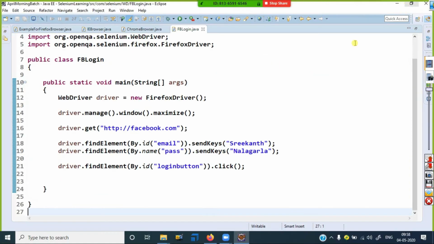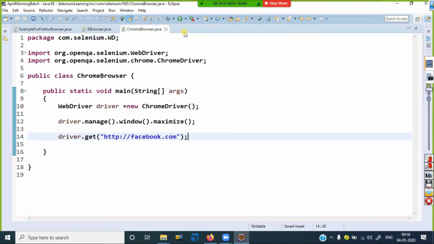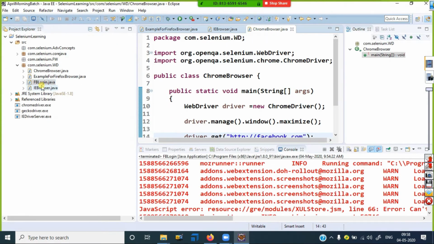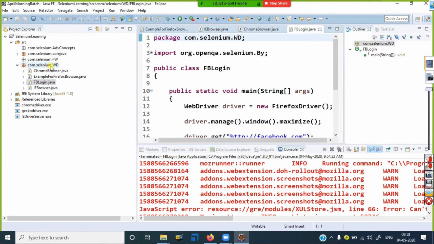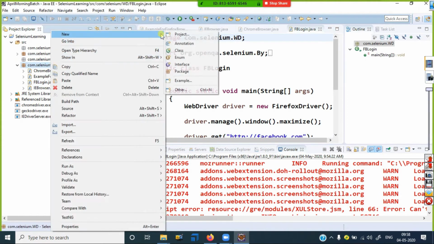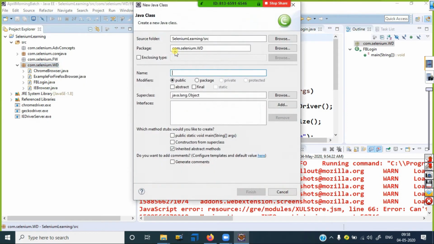I'll show you an example here. Right click, new class, and I'm giving the example for link text.